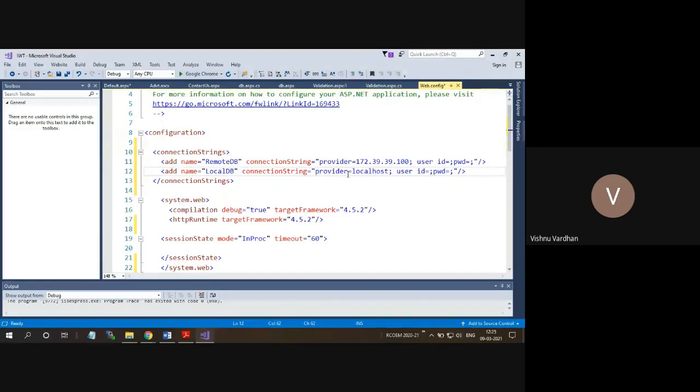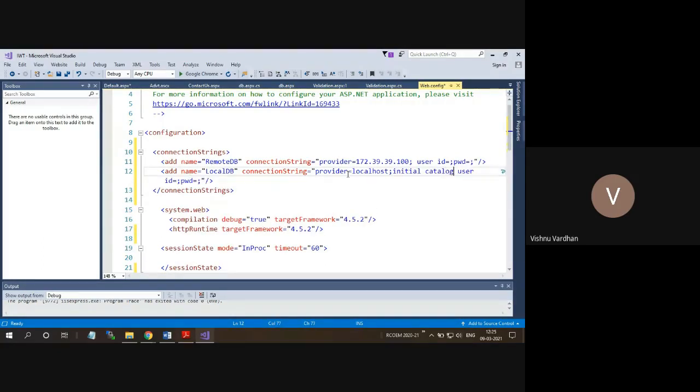Then you can say that initial catalog is equal to my DB, then integrated security is equal to true. So this we have seen in the ADO.NET Practical also. So in that way, we can keep different settings, one for the remote servers and one for the local database connection. That means working from your development environments. Okay. So this way you can keep n number of settings for the connection strings.